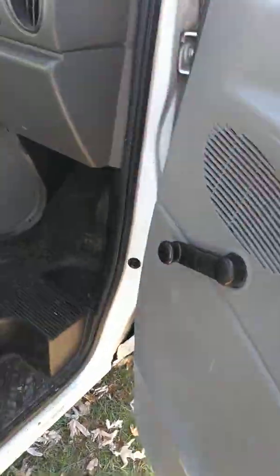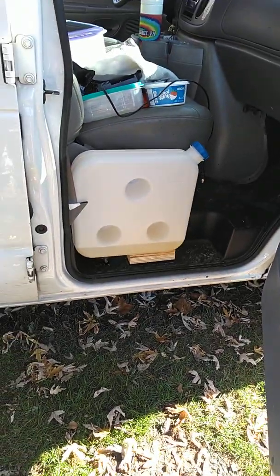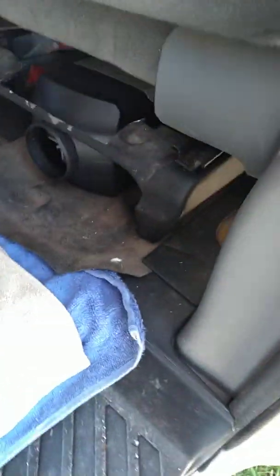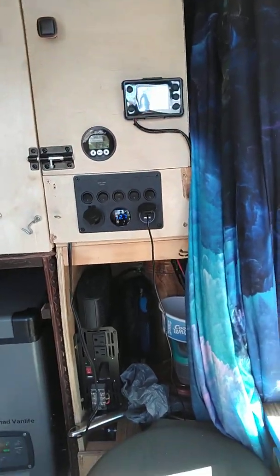We've got the official first night usage of the diesel heater. And let me tell you, this 8 kilowatt diesel heater, this thing is going to keep me warm. I am not going to have an issue with staying warm in this thing all winter. That unit,